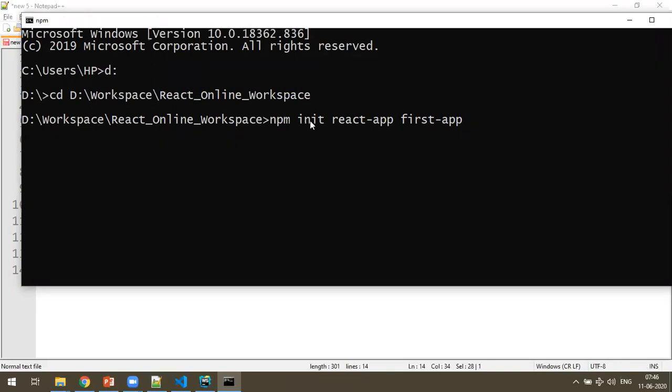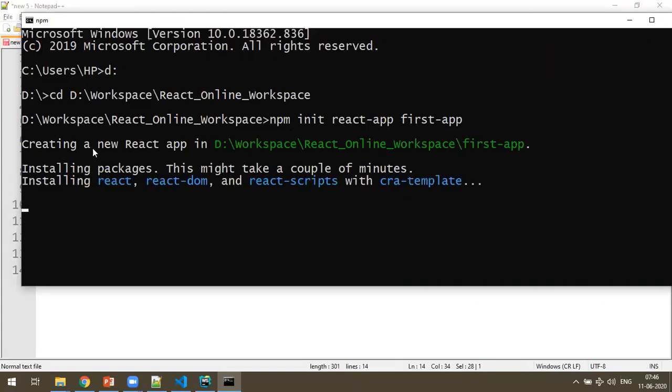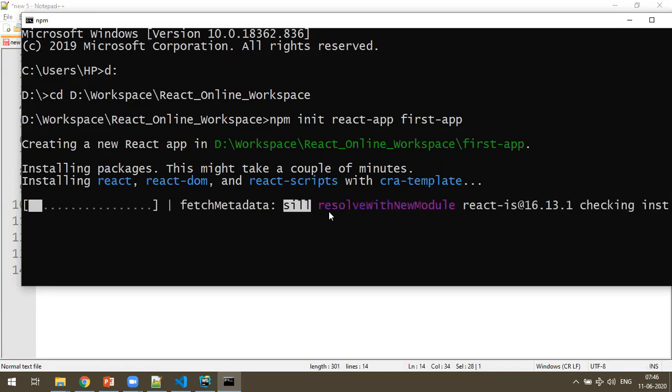This is the reason we installed Node.js, because npm is required. It is creating a React application. You'll see a lot of logs, and it takes around 2 to 3 minutes depending on your internet speed.